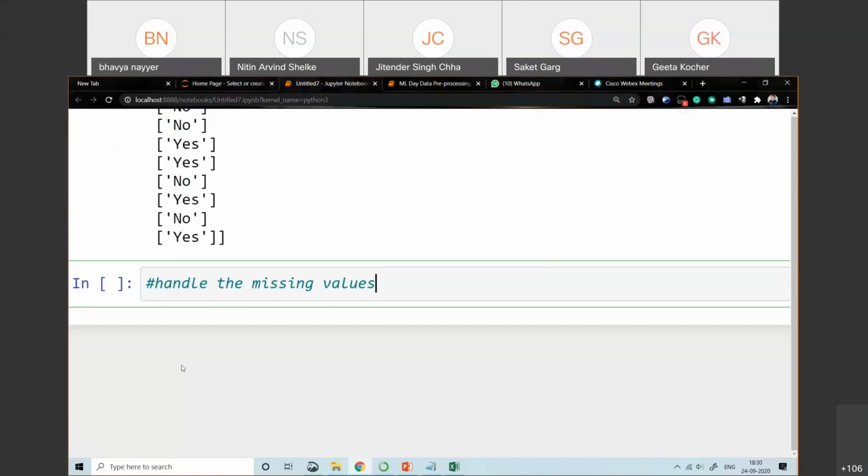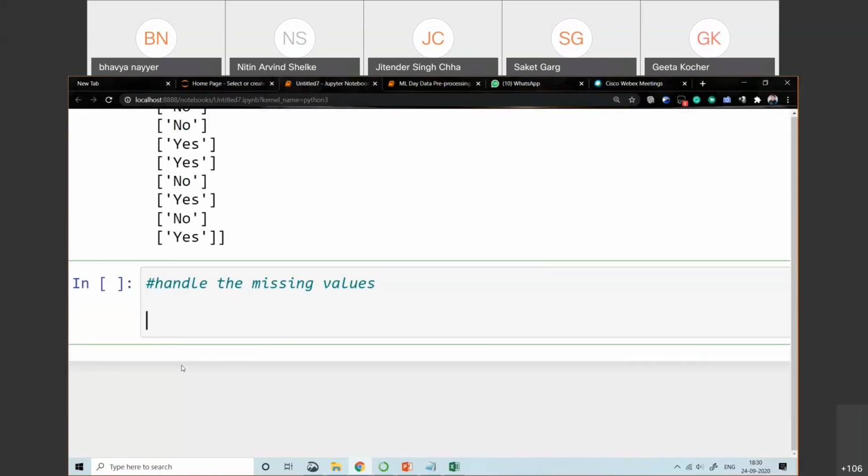Now, how can we handle the missing value? We need the simple imputer class which is present in sklearn.impute. So from sklearn.impute, what we need to import is SimpleImputer. This is the name of the class present in sklearn.impute.